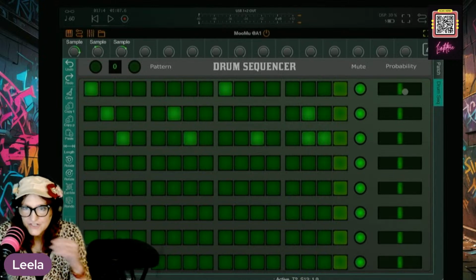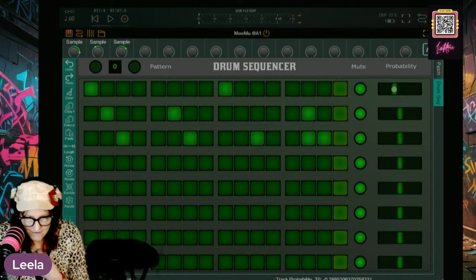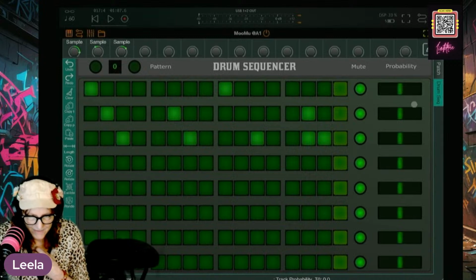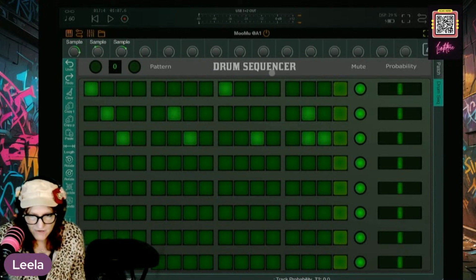And then you can even change the probability. So if your probability, you can set it to less or more. You want this to be a high probability. I like my kicks to be a high probability, and maybe make these ones a little lower. So there you go. And now let's check it out and see if we'll close that back down.